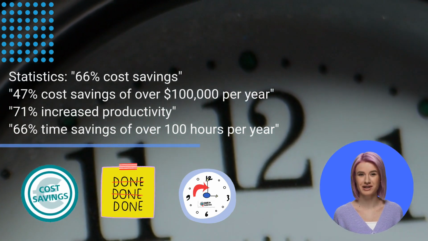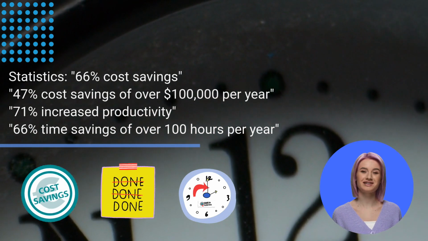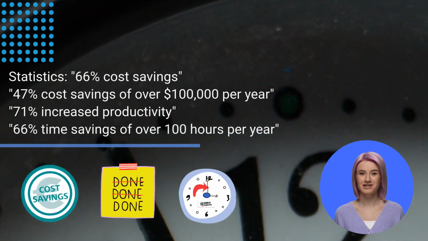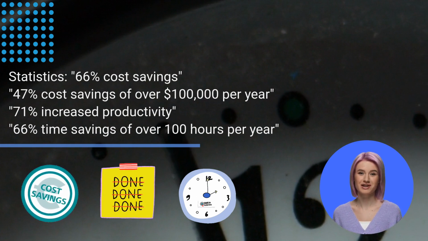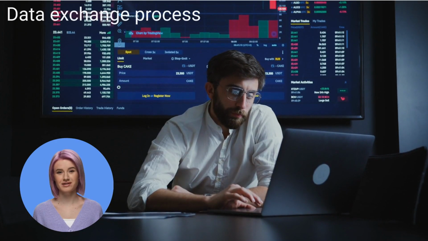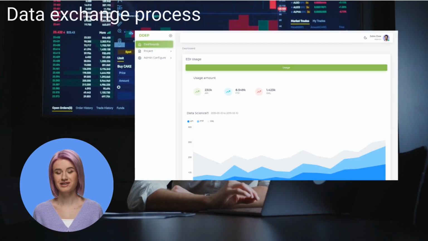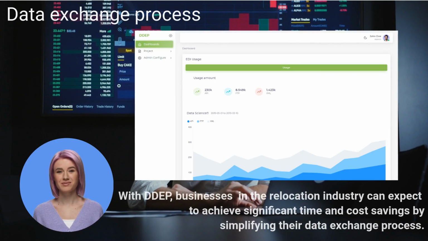Studies have shown that companies across various industries have reported significant time and cost savings after implementing APIs for data exchange: 47% cost savings of over $100,000 per year, 71% increased productivity, 66% time savings of over 100 hours per year. With DDEP, businesses in the relocation industry can expect to achieve significant time and cost savings by simplifying their data